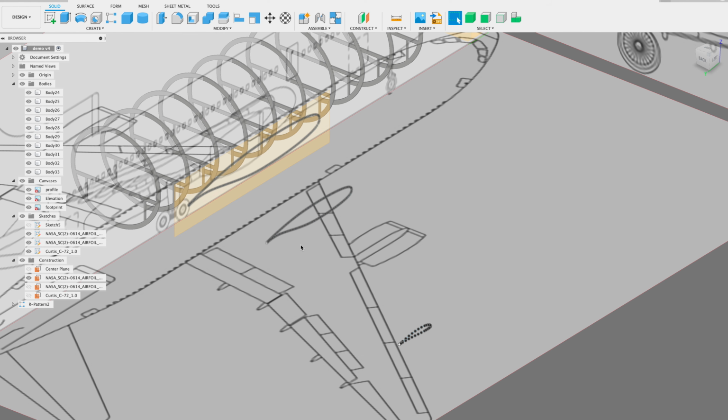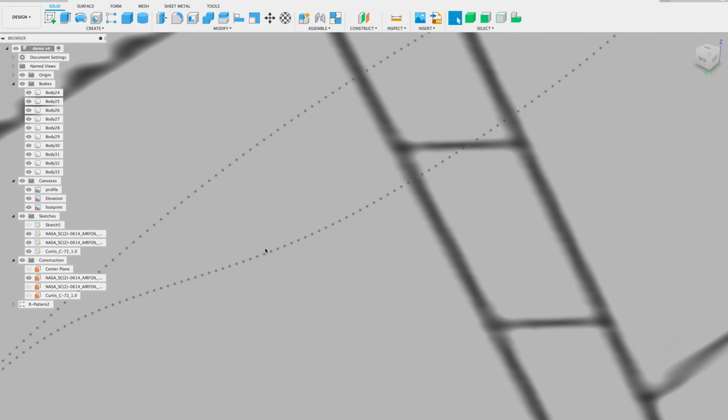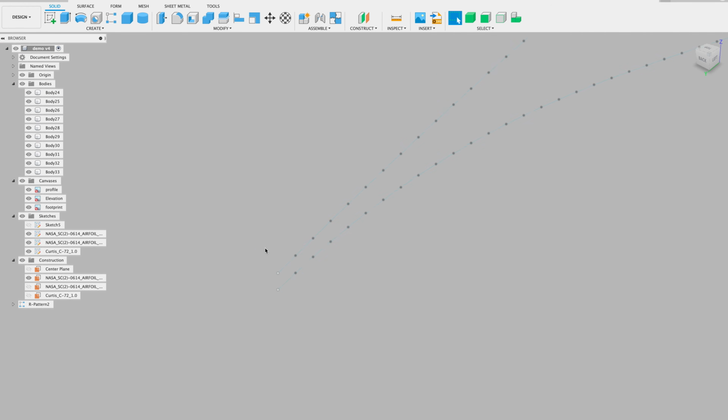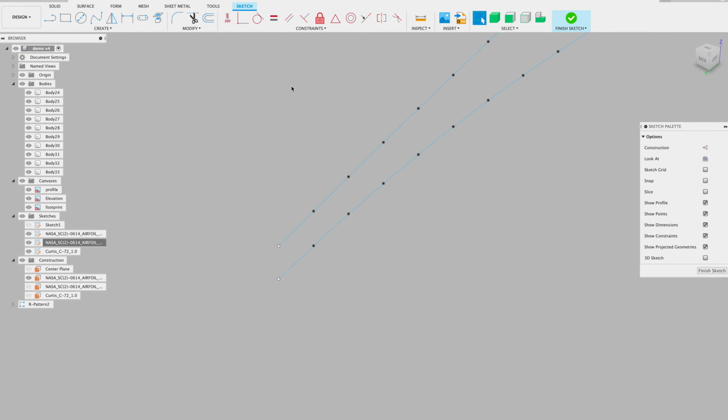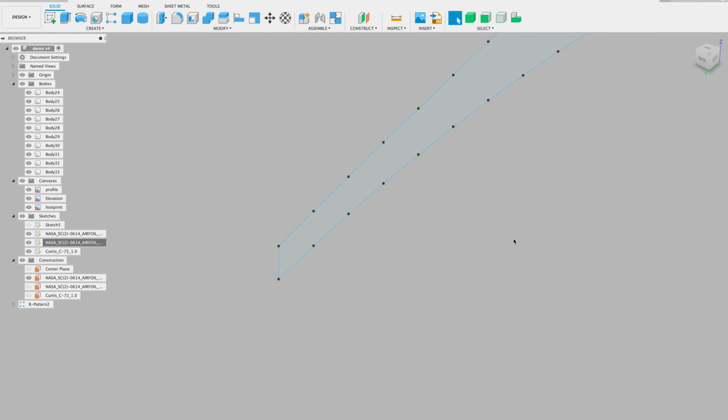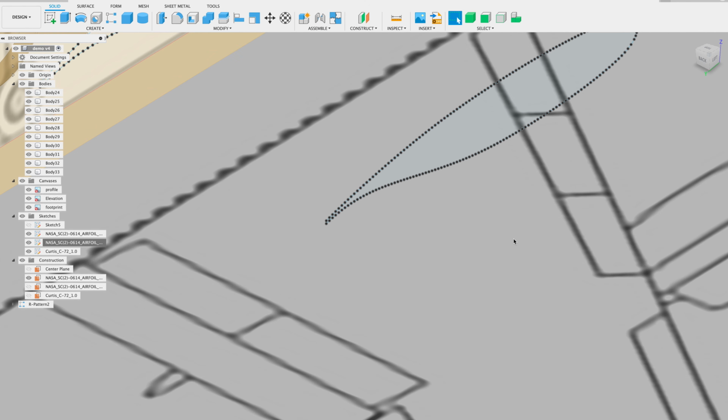Now we need to come back one more time and we need to make sure that we close up these airfoils. So I'm going to come in here really quick. As you can see, once again, our airfoil is not closed. So I'm going to select this, right click and edit sketch. Select, select, and that will close that sketch so you can see it's filled in. So I'm going to say finish sketch, and then we're going to do this with